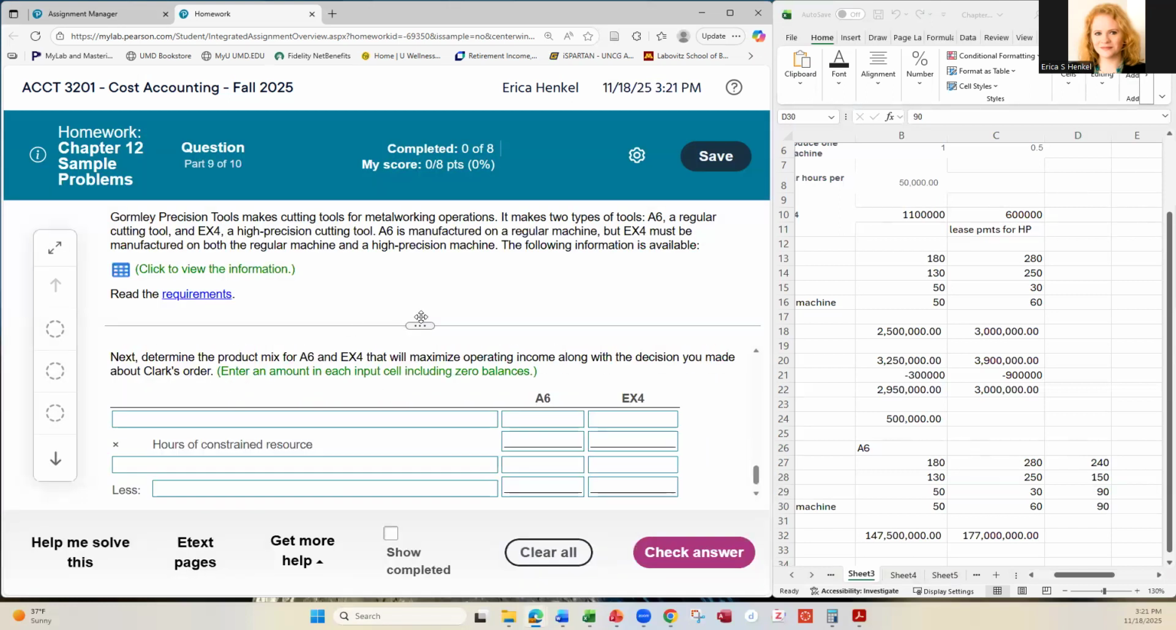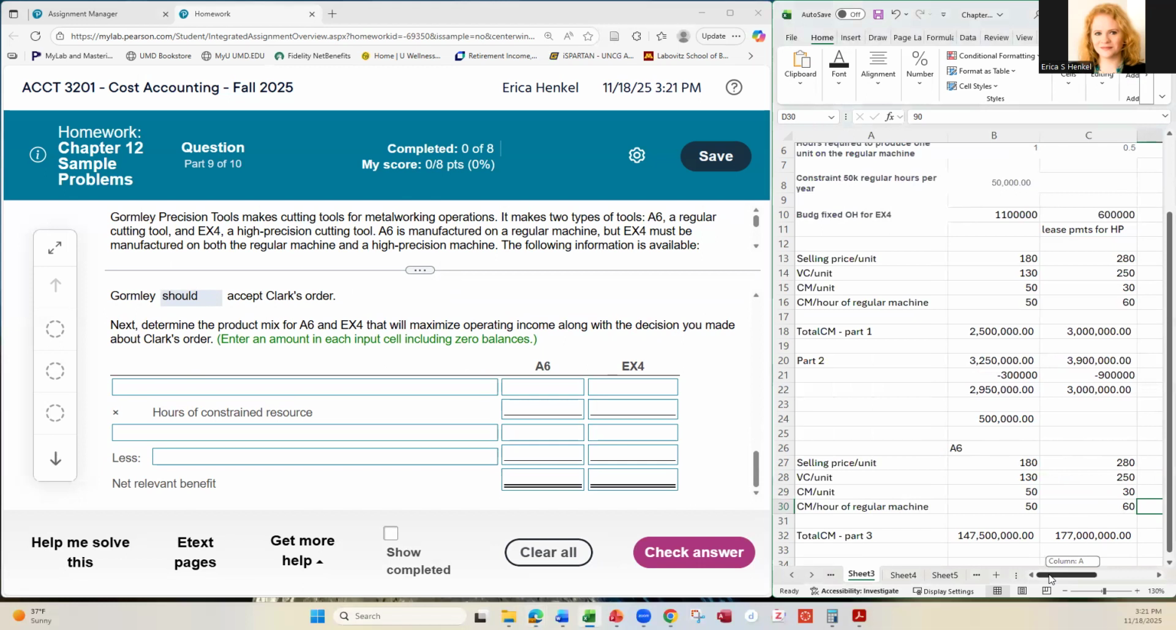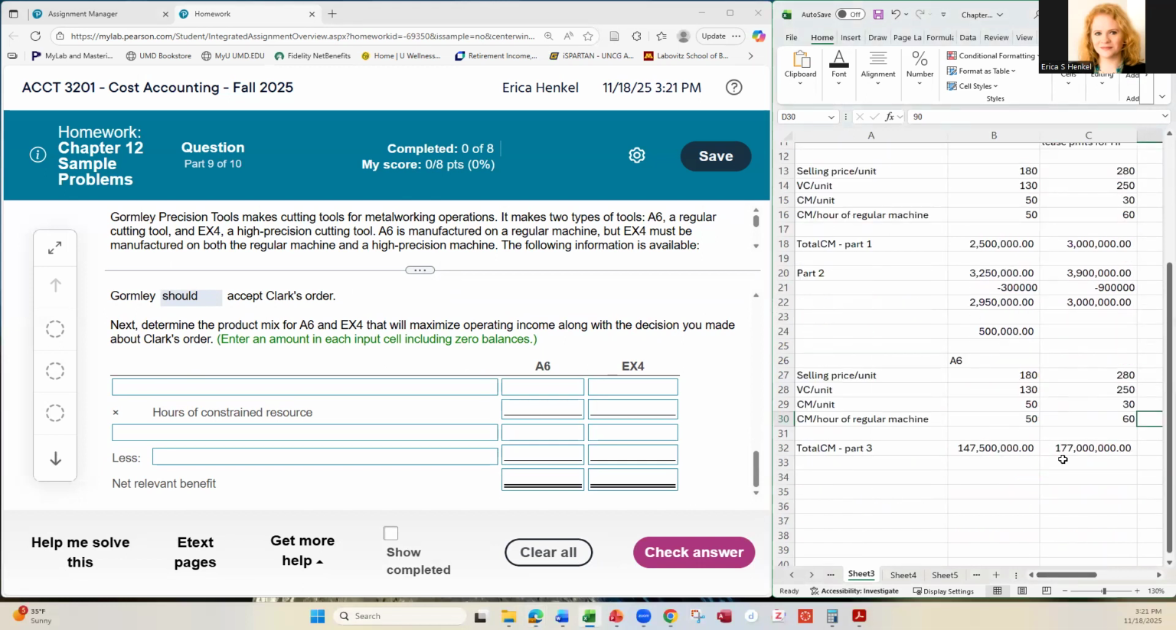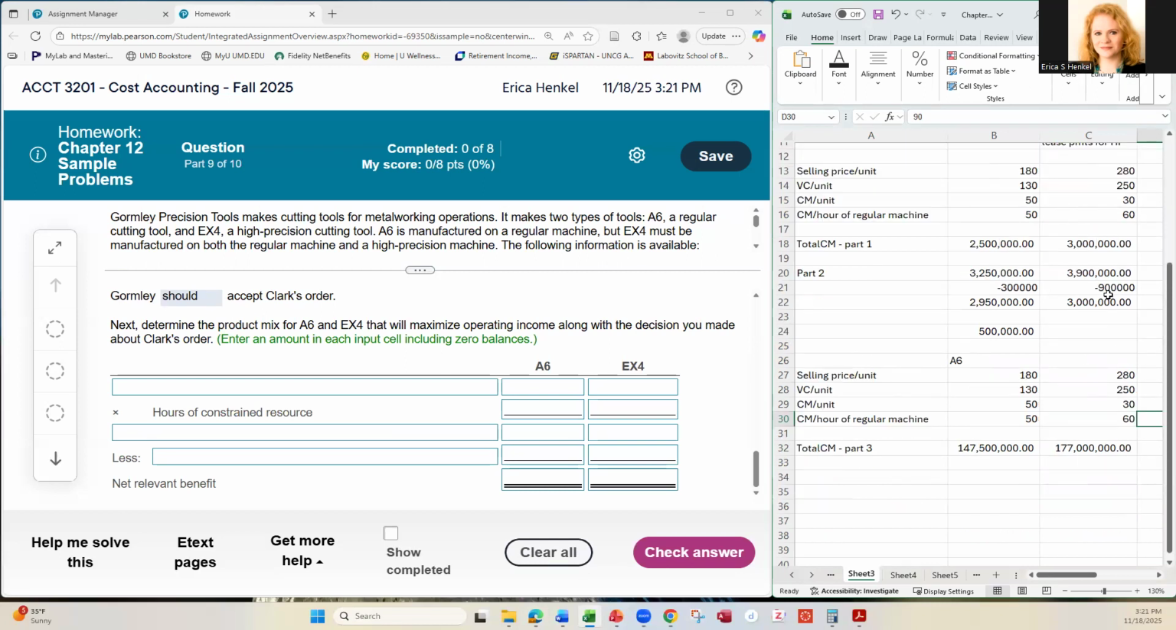Okay, now we want to figure out an optimal product mix for the remaining items that will maximize our operating income with the decision that we made about Clark's order. Okay, so we have a constraint of 65,000 hours, all right? So typically what you're going to want to do is max out the items. So we're assuming we've already done this capacity increase to 65,000 hours. So that means that the machine lease for the EX4, it does still get considered